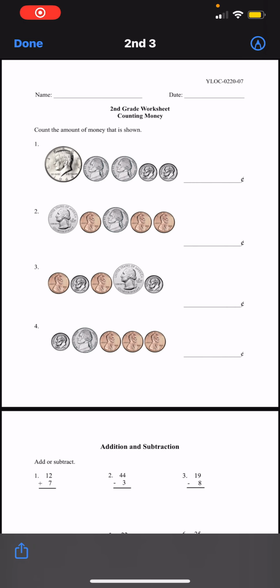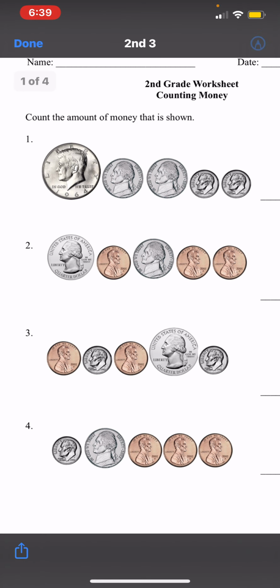Hello class, I am going to teach you how to count the money that is shown. So let's look at number one first. Number one,